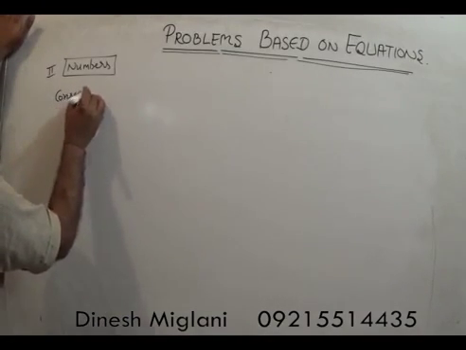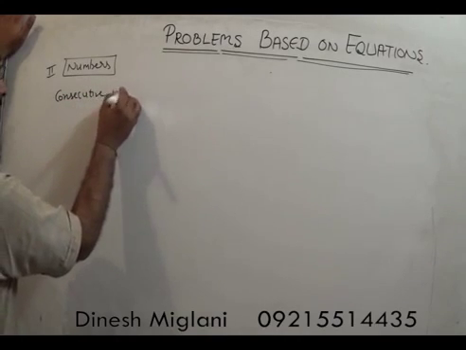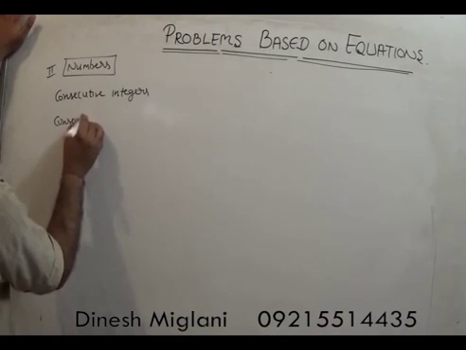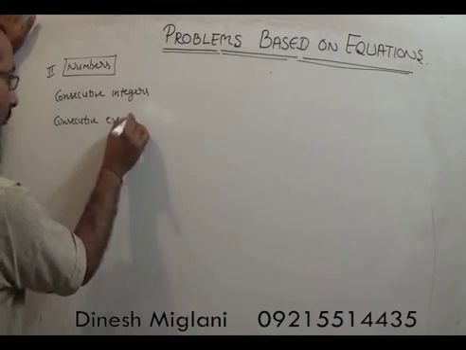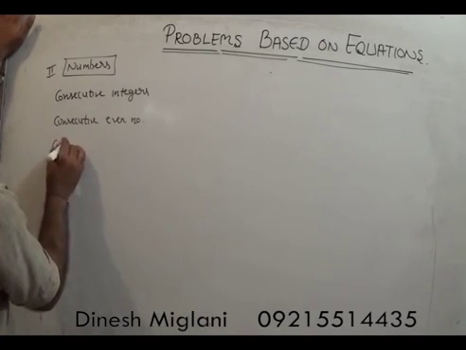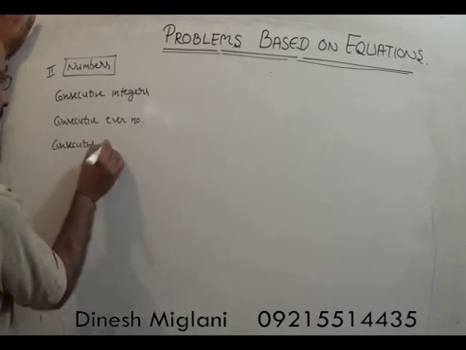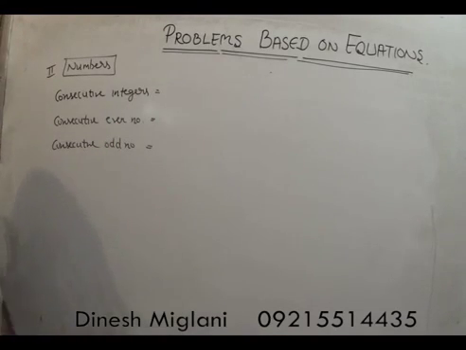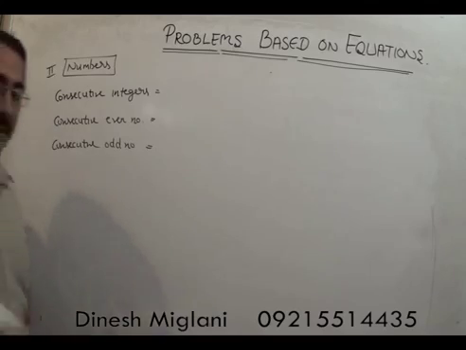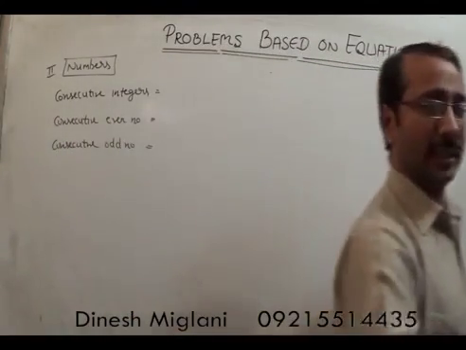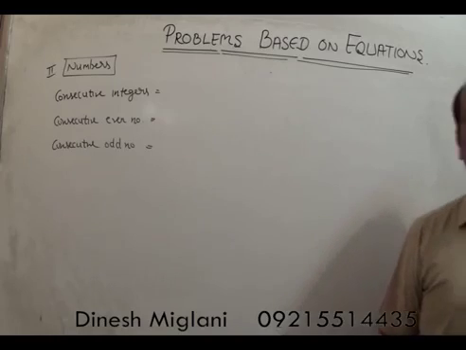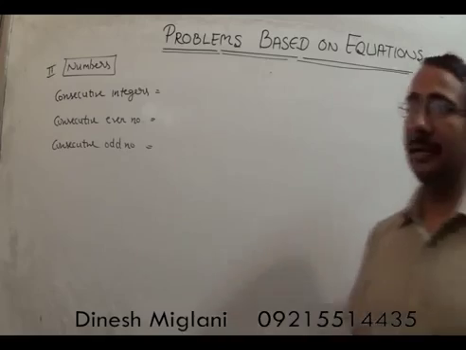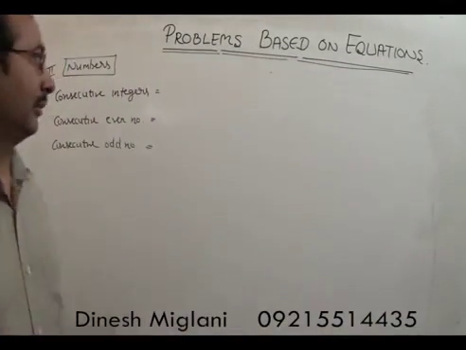First we use three terms. One is consecutive integers. Second is consecutive even numbers. Next is consecutive odd numbers. Right? Now we all know that when we consider the term consecutive, it means the next to next. For example, 1 and 2 are consecutive integers. 2 and 3 are consecutive integers, that means the difference between two consecutive integers is always equal